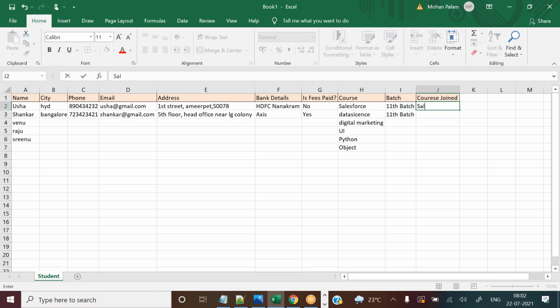So here you can mention SFDC admin, SFDC dev. Dev means development. SFDC lightning. SFDC means salesforce.com, remember. Okay, SFDC integrations,